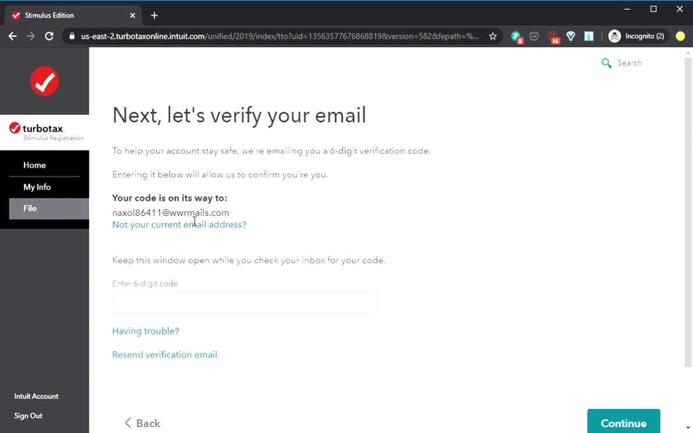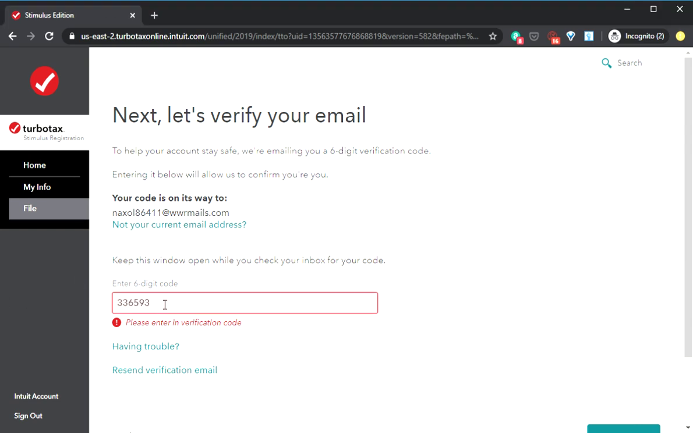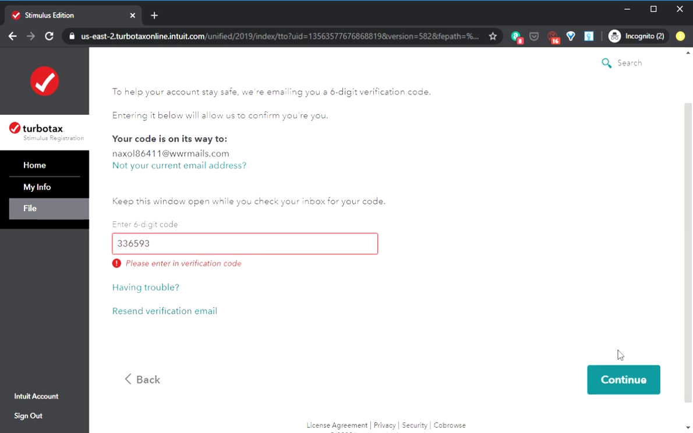Alrighty, so we've got our dummy email address here, and it's important that you use a live email address that you can access because you are going to be required to enter a 6-digit security code here. Let's go over and grab our security code now. Okay, and in just a moment here, we will add that back into our TurboTax account. Hit continue,